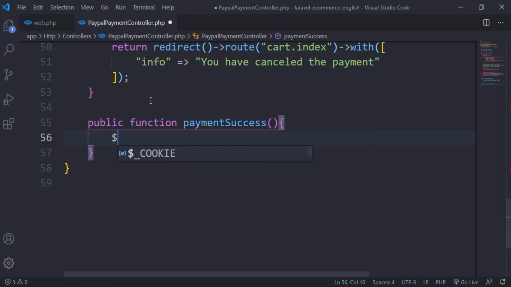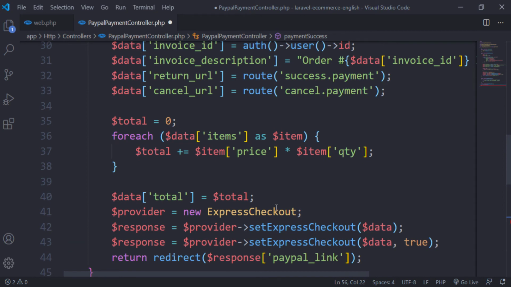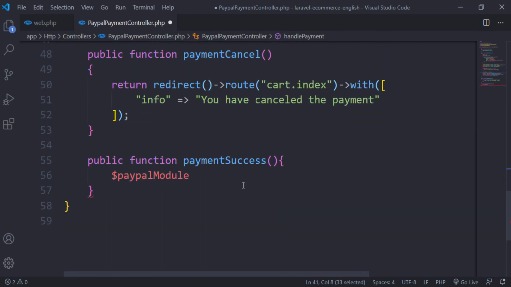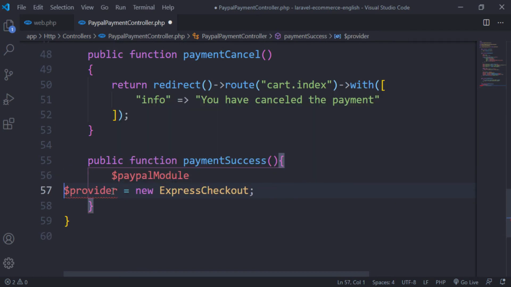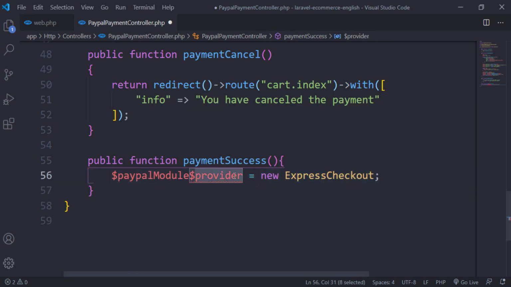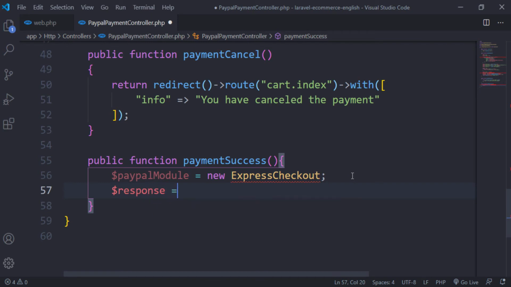So I will add a variable which will be called PayPal module, same one as we have done here. We will add the same thing as we have added here. So I will just change it from provider to PayPal module, and next